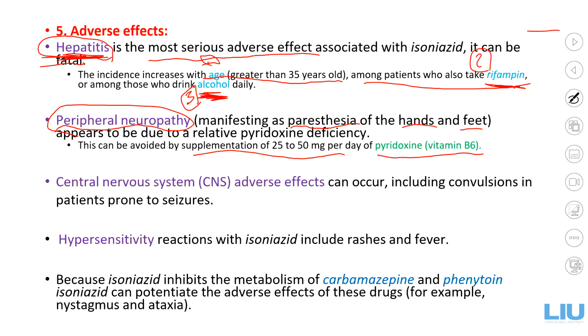But when you give more of the B6, the enzyme is not going to be able to inhibit all of the B6, and some of them are going to make it and be activated, okay? And so you would combine the isoniazid with 25 milligram to 50 milligram of the daily dose of the B6,